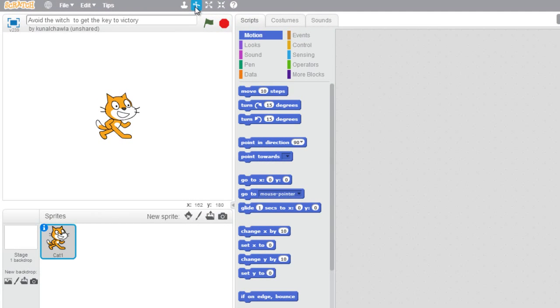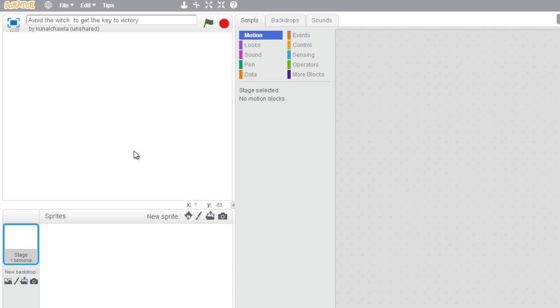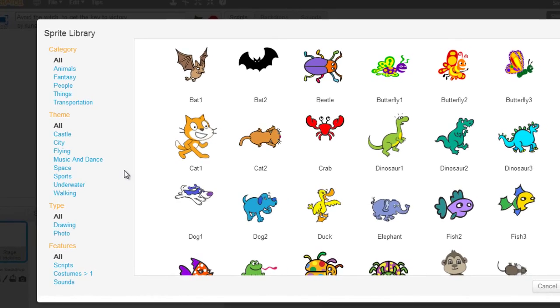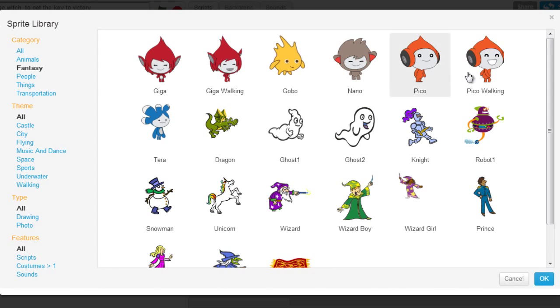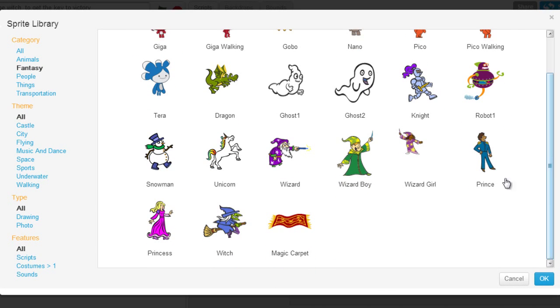To begin with, I will delete the cat. Done. Now, I will get a new sprite by clicking on the new sprite link. I will find a sprite that looks like the witch from a list of sprites